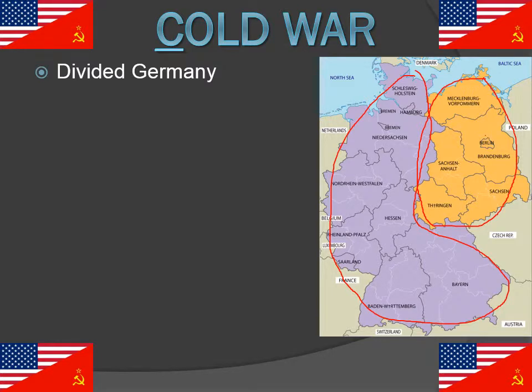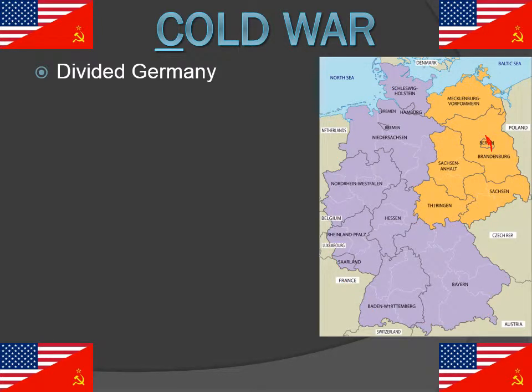Berlin is going to be kind of divided a little bit between West Berlin and East Berlin. And the purpose of dividing Germany after World War II is so they cannot gain in strength. So they could be almost neutered, is what they're trying to do. And from 1945 until 1989, you're going to have West Germany, which is the purple of the map, and you're going to have East Germany, which is the gold of the map.